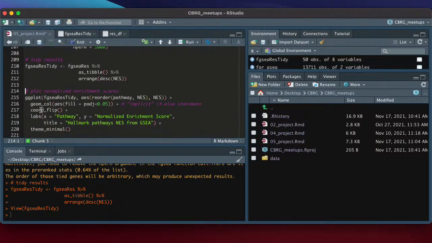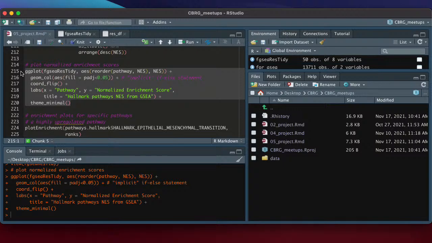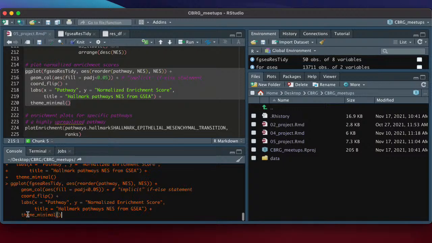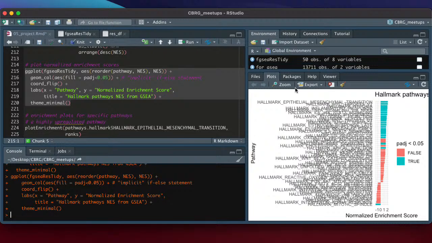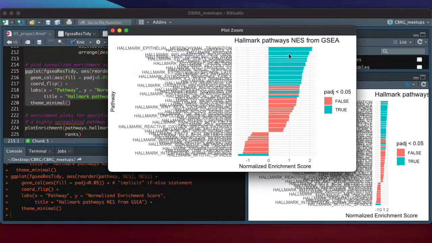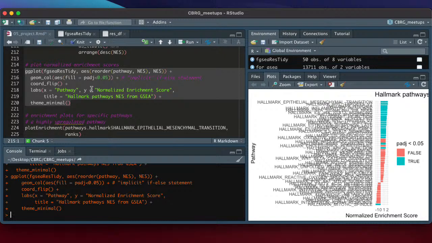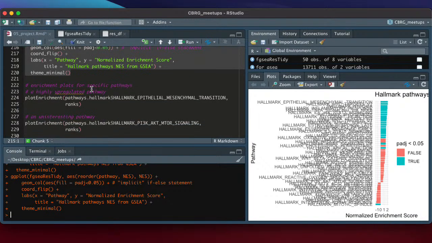And if you want to visualize it, by converting it to a data frame, you can then use ggplot. I'm running over time, so I'll race through this bit. This is code that is pretty familiar from ggplot code you've seen before, but I'll just show you the output. If you run that, you get a pretty plot that shows you visually what the most interesting pathways are, which ones are significant, which ones aren't. And as homework, you can go through this code to make sure you understand what each line is doing. And finally, there's this function called plot enrichment within the FGSEA package that works like this.